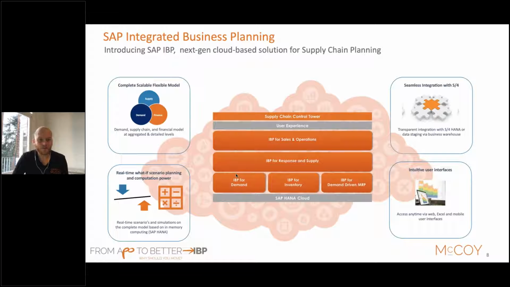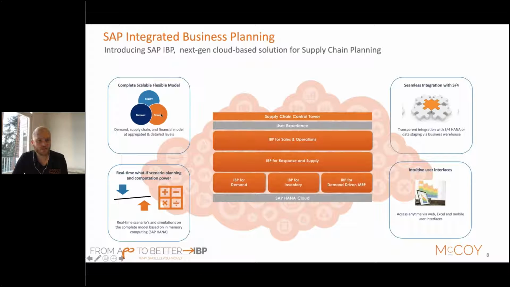Next to that, and giving IBP the real power, is the real-time scenario planning and versions. So you can define versions and scenarios, which we will also demonstrate in one of our demos, is how you can work with versions and scenarios to really perform this what-if planning on your supply chain. Because we know that one plan is never a good answer, and you would like to see the opportunities and what would be the impact of different decisions in your supply chain based on your availability, based on balancing demand and supply, and compare different versions with each other. IBP will give you this possibility.